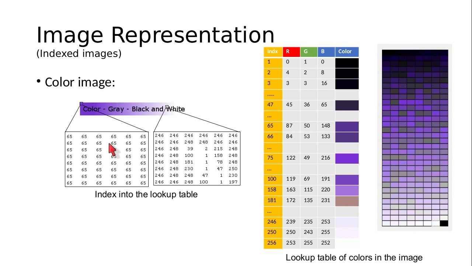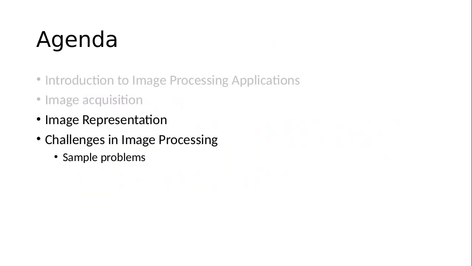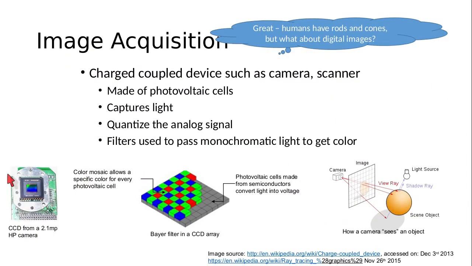So what indexed images do is, if you were to store these RGB values separately, the red, green and blue channels separately, for an image which is having, let's say, 2 megapixels. So the CCD array that we saw earlier, for example, this HP camera is rated at 2.8 megapixels. That means the charge coupled device or the CCD array has approximately 2 million pixels or 2 million photovoltaic cells, and each photovoltaic cell is in turn generating 8 bits.